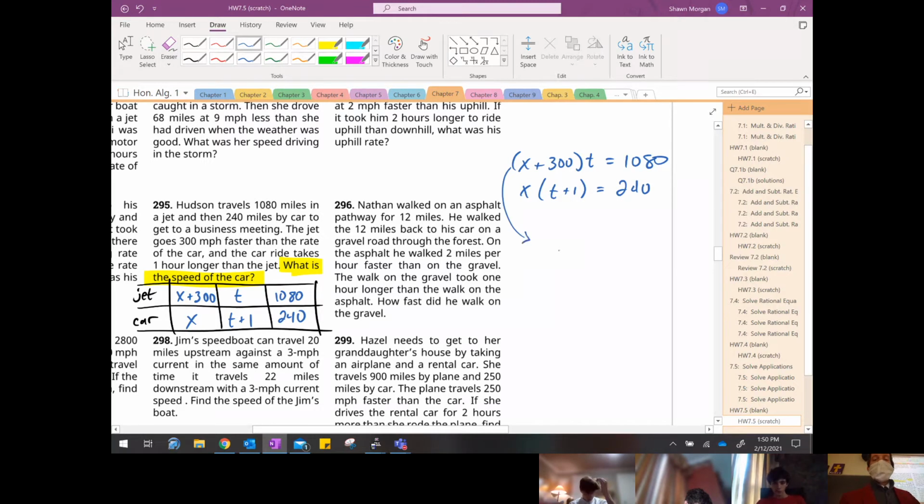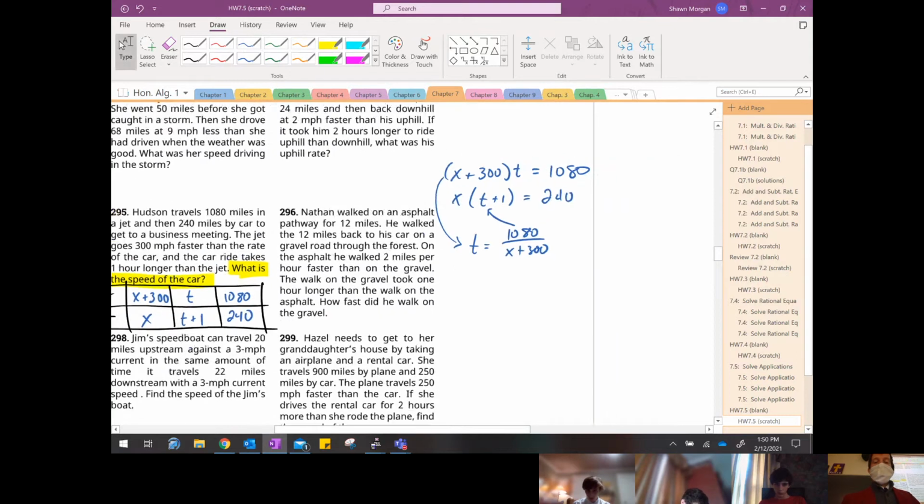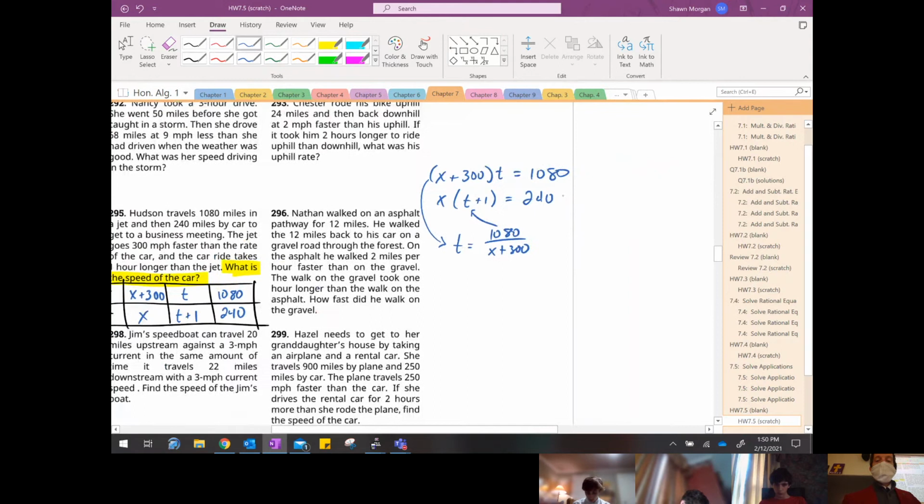What we'll do is we'll get t by itself. So t equals 1080 over x plus 300. And what we'll do is we'll plug that into the other equation. I don't need to tell you how substitution works. You guys have already gone through this. This ain't your first rodeo. Okay? So we got x, and then instead of t, it's that new fraction, 1080 over x plus 300